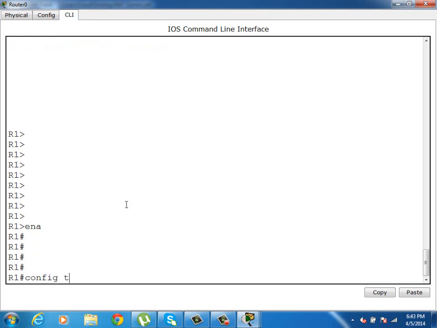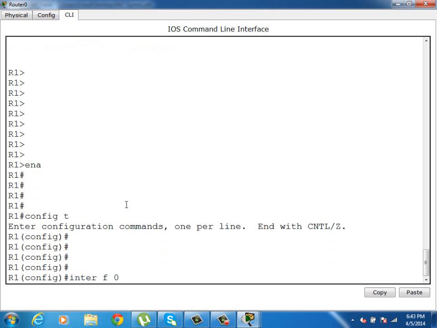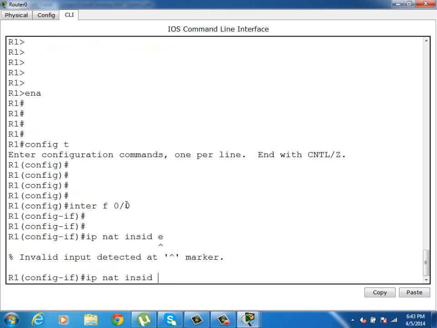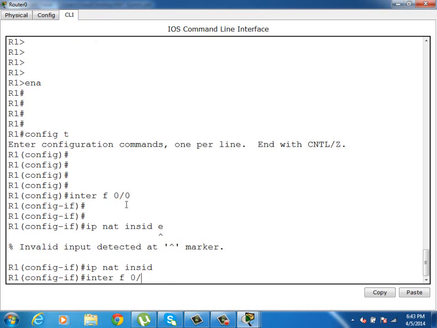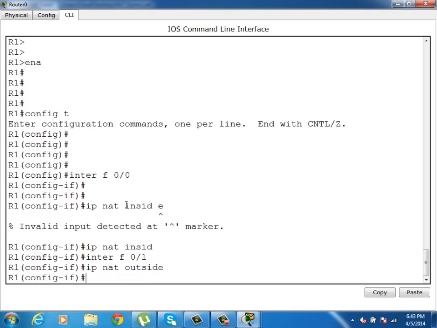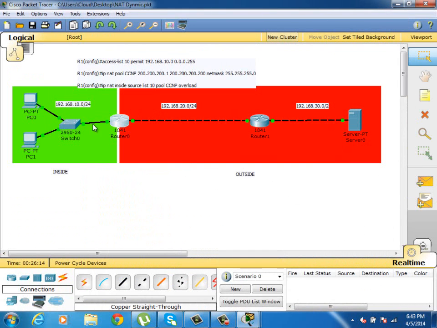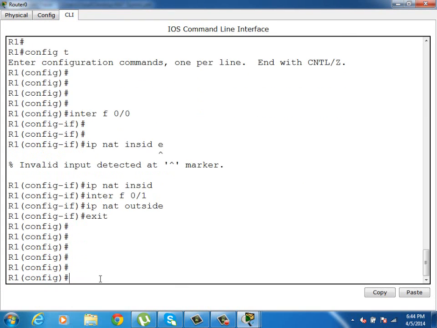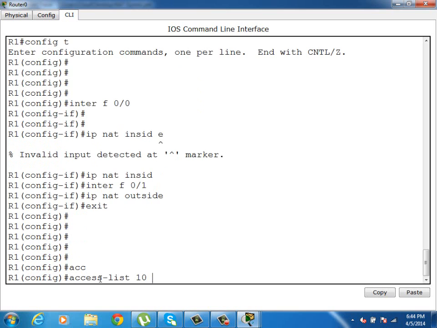How can we do that? Interface F0/0, IP NAT inside. Interface F0/1, IP NAT outside. This is very important. So I make this area inside and this area outside. Okay, so I say here exit. Now I need to do the PAT or port address translation. I have to make a group for my local area network. So I use access-list number 10 as well, permit